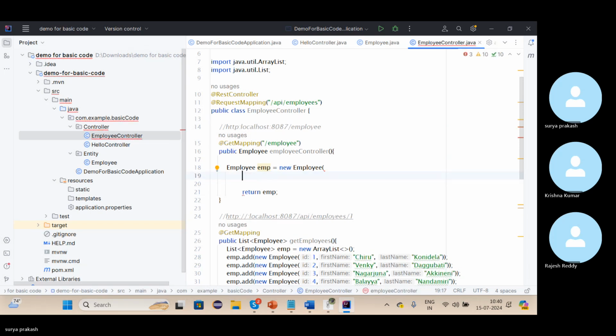For example, ID one, first name Krishna, last name Krishna Kumar. This is the ID, first name and last name. Like this we create an object and pass the values. So when you run this,